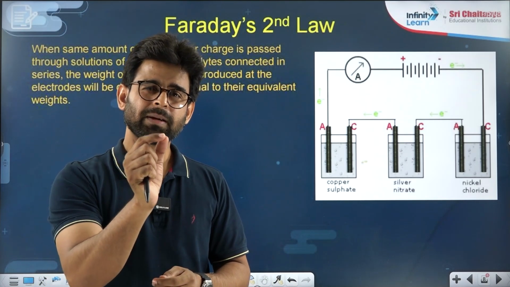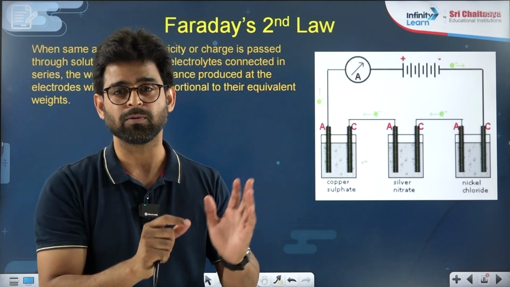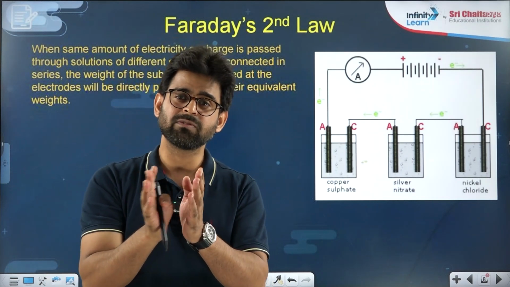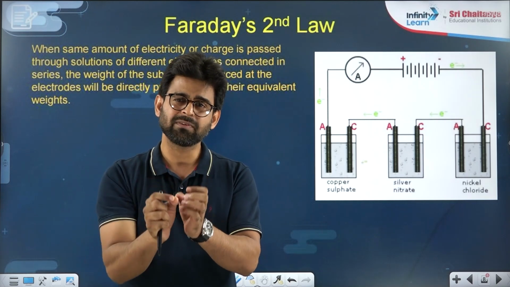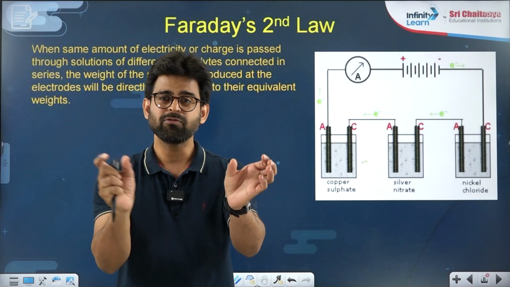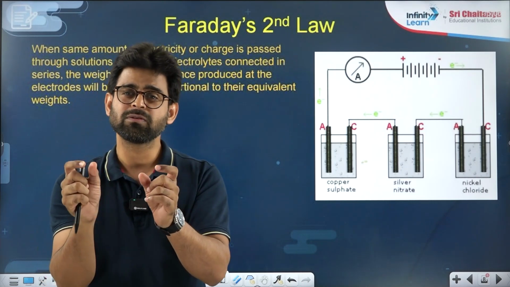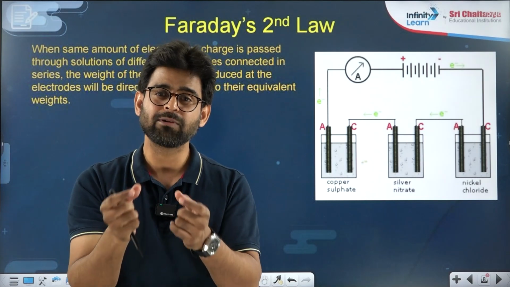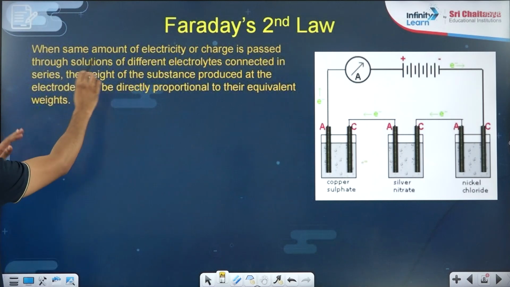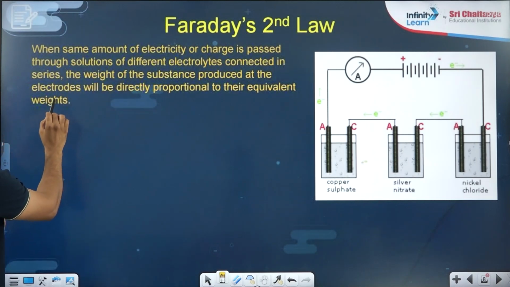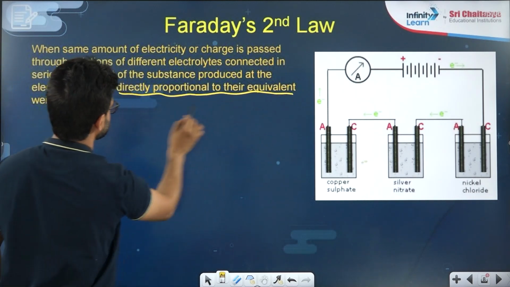So depending on the equivalent weight of substance, you can say how much weight of substance will deposit. It depends. If I am passing 1 Faraday charge through two things, it will deposit 1 gram equivalent of A as well as 1 gram equivalent of B. So if you want to find the ratio of the weights deposited, it will depend on their equivalent weights, right? Clear? So from there you can say, what does this law say, beta? This law is saying clearly the weight of substance produced at electrodes will be directly proportional to their equivalent weights,